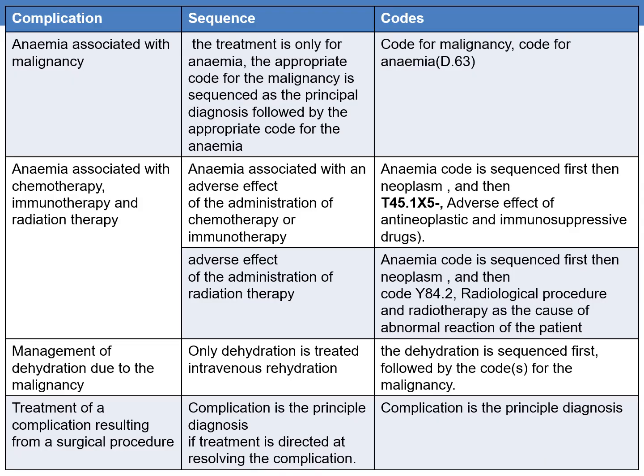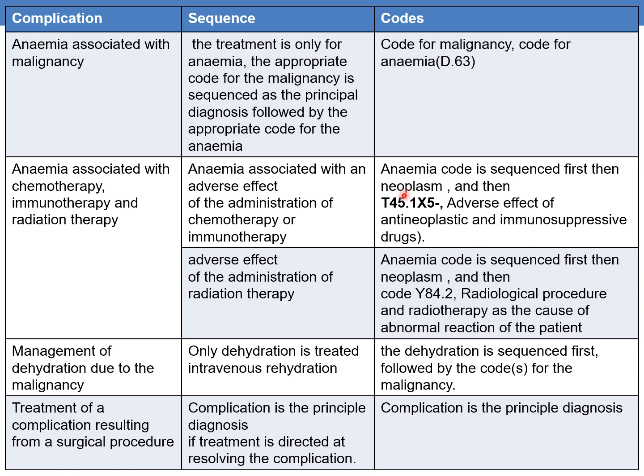Now let us see a table here. These are the complications, sequences and the appropriate codes. Whenever anemia is associated with malignancy, the treatment is only for anemia, then the appropriate code for malignancy is sequenced as PDX followed by code for anemia. Second case, anemia associated with chemotherapy, immunotherapy and radiation therapy. Whenever anemia is associated with an adverse effect of administration of chemotherapy or immunotherapy, anemia code is sequenced first, followed by